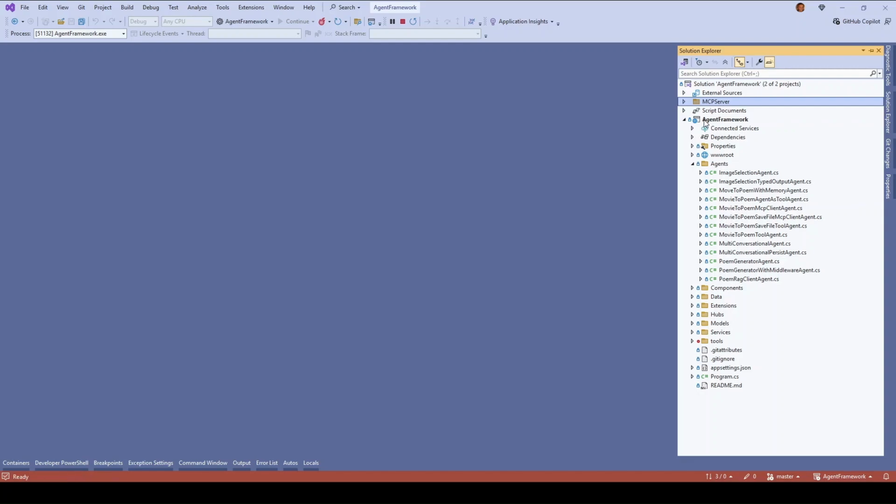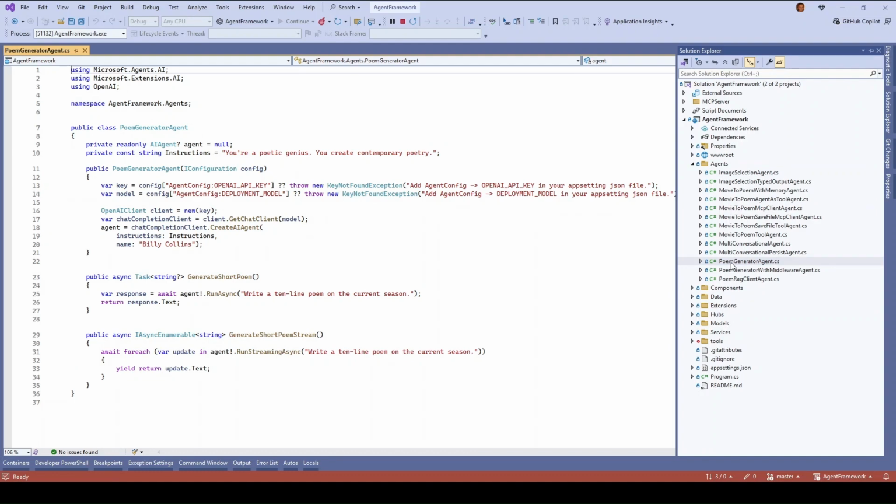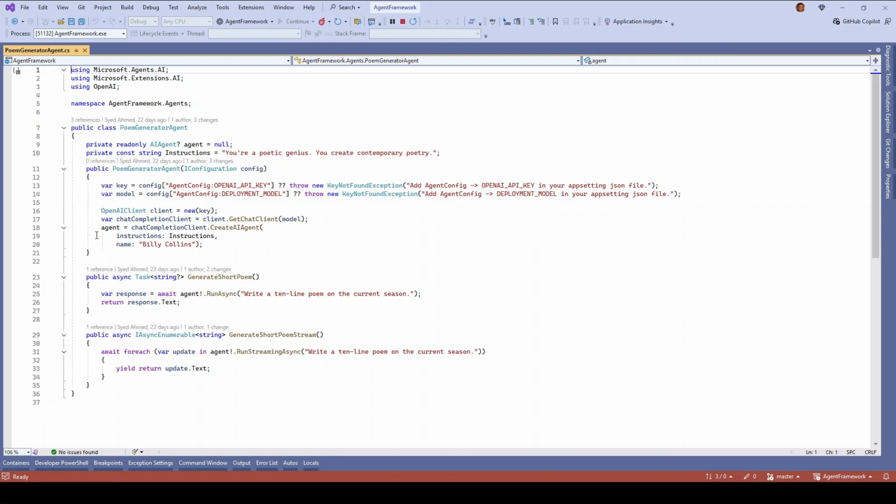All right, next up, we have an agent framework project right here. As you can see, it has an agent folder that contains all our agent related activities. We are going to go through one folder at a time in our subsequent videos. For example, for our first agent, we are going to look into this file. As you can see, to configure our client and agent, we need a key. That is our OpenAI key. To configure this, we are going to go to